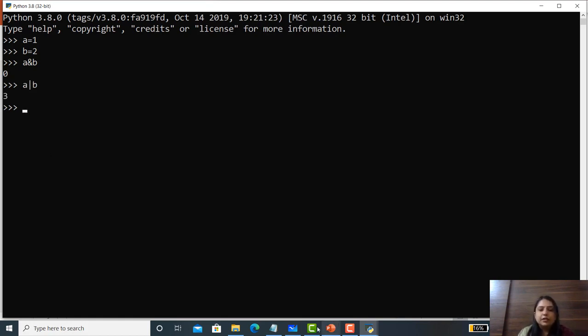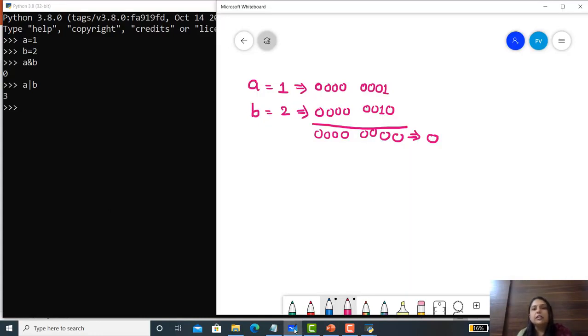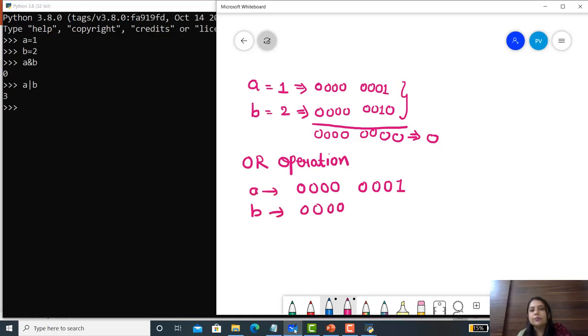Now A OR B, then the answer is 3. Let's see the explanation. Here I am writing for the OR operation. The value of A is 0 0 0 0 0 0 0 1, and B is 0 0 0 0 0 0 1 0. Perform the OR operation, which gives 0 0 0 0 0 0 1 1.